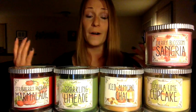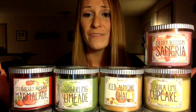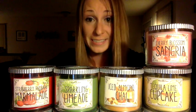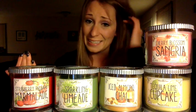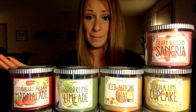So maybe the batch of Vanilla Pumpkin Marshmallow that I had didn't have a lot of pumpkin, or the batch of Vanilla Bean Marshmallow that I smelled was a spicy batch, or maybe vice versa, or whatever. If they are different, they're still very similar. And I think the bottom line is, if you liked Vanilla Pumpkin Marshmallow, you will like Vanilla Bean Marshmallow, and